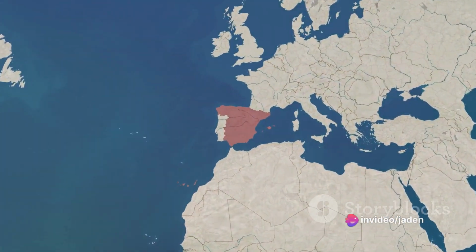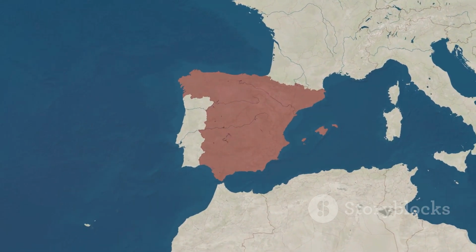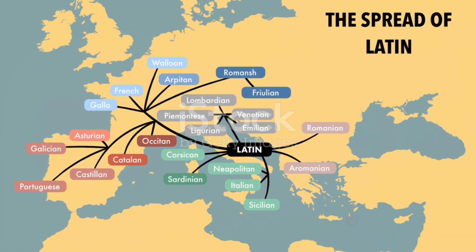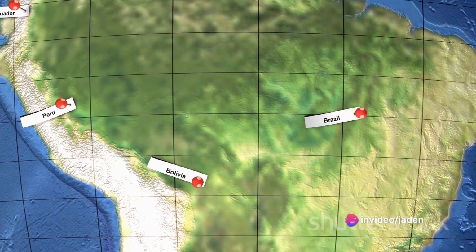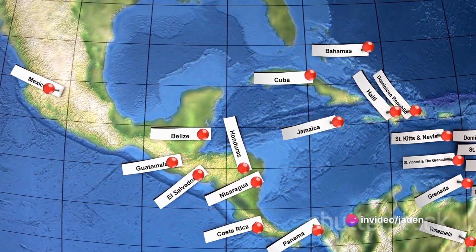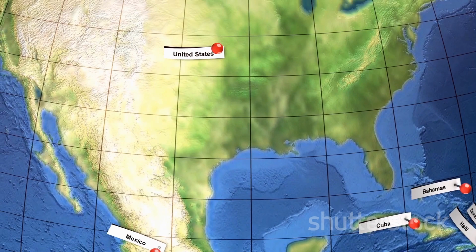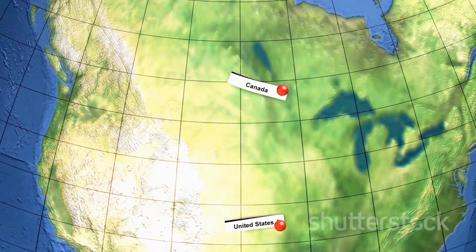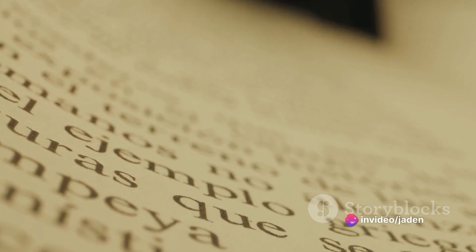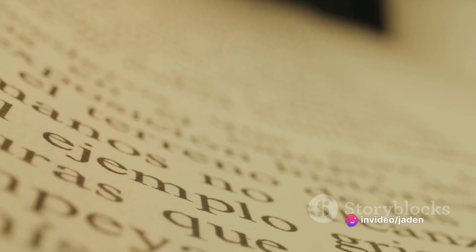The roots of Spanish stretch back to the Roman Empire, when Latin was the lingua franca. In the 3rd century BC, Rome conquered the Iberian Peninsula, and with that conquest came the Latin language. This form of Latin, known as Vulgar Latin, was not the highbrow language of the Roman scholars and elites, but rather the everyday language of the common people. Over time, this Vulgar Latin began to evolve and blend with the local languages and dialects of the Iberian Peninsula, eventually giving birth to several Romance languages, one of which was Old Spanish.